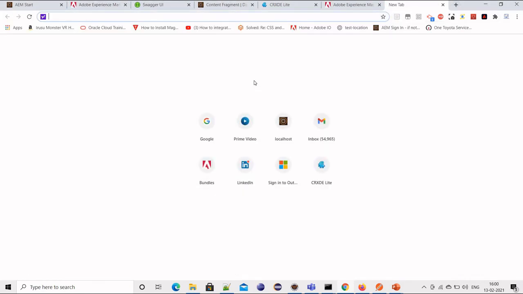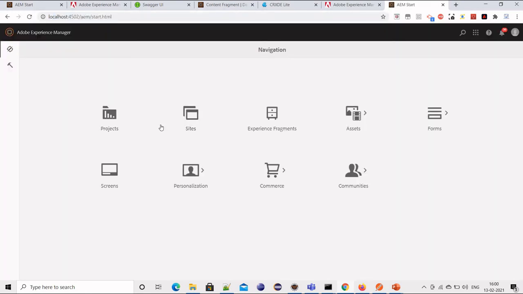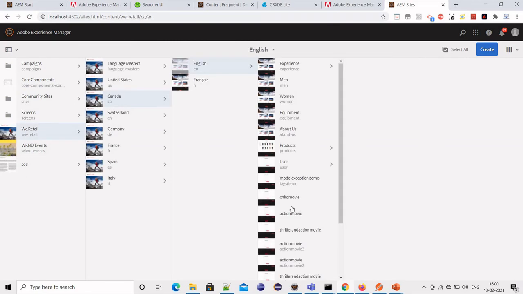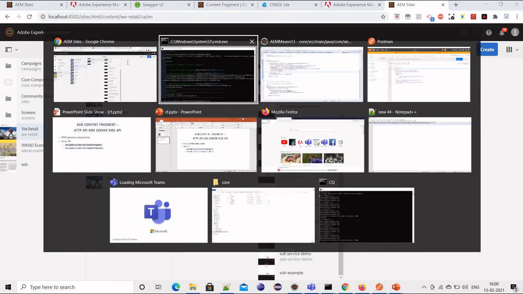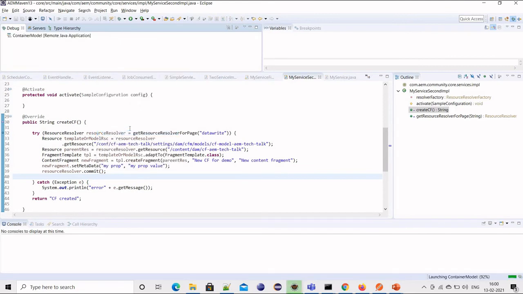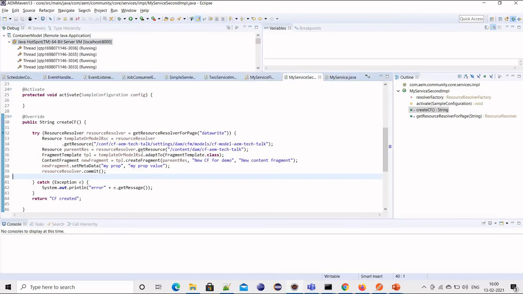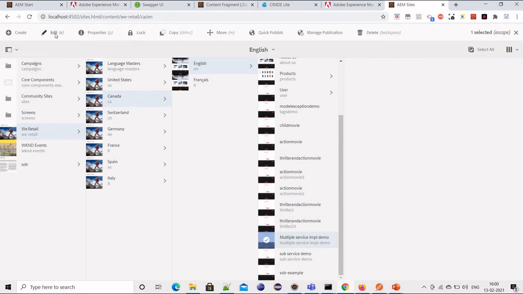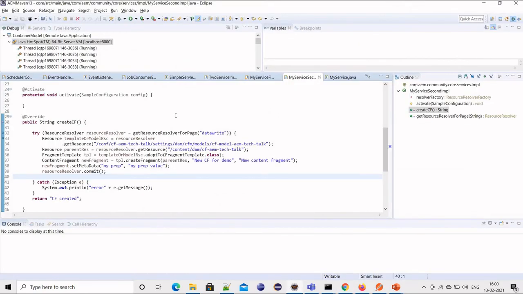And I have configured this service on one page. Let me open that page, and the page will actually trigger this service, because from my Sling model I am just hitting this service. Maybe I will just enable the debugger and have a debugger point here. I will open that page. So this should trigger the debugger.